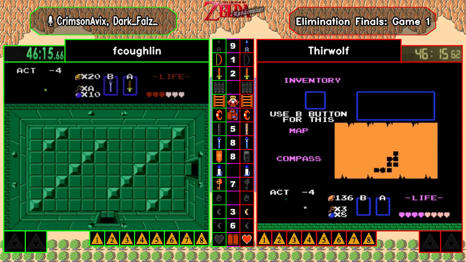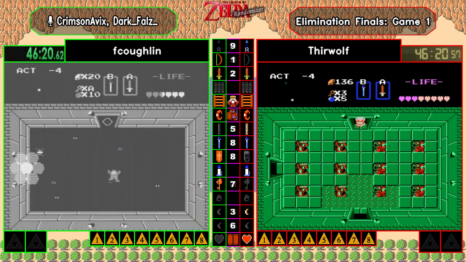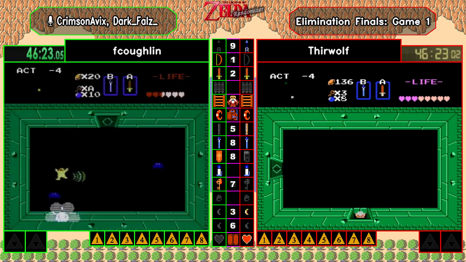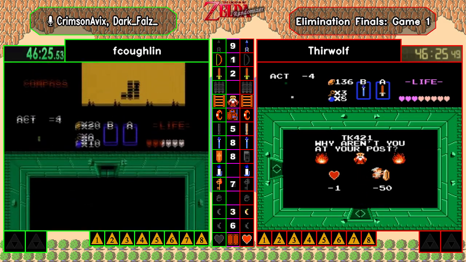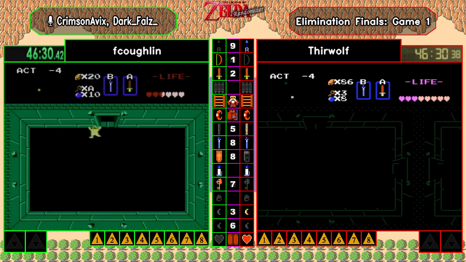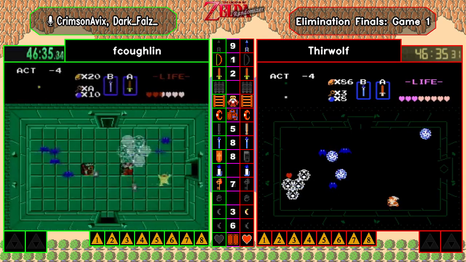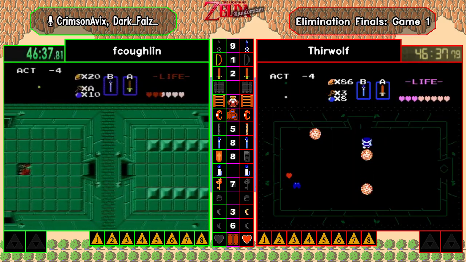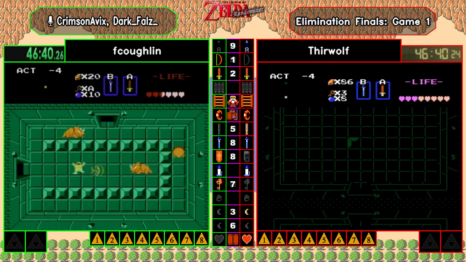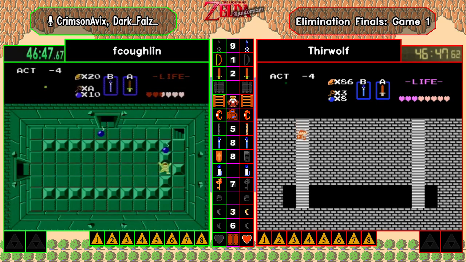No, I'd say they're definitely, I wouldn't say neck and neck, but about as close as you could get without being exactly. I mean, Thirwolf has a slight advantage at this point. Yeah, I'd say the biggest advantage that Thirwolf has right now is his exploration of 9. He has a lot of 9 explored, and he already has the silvers out of there, which Fred still needs to be able to find. Now, Fred does have the book, so he will get that same hint that Thirwolf got, but it will definitely be interesting to see